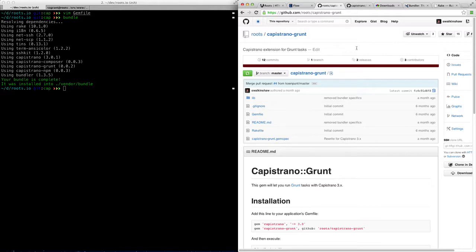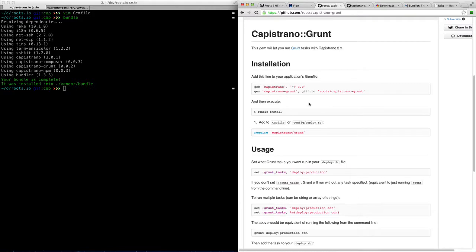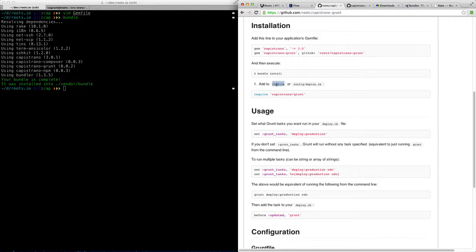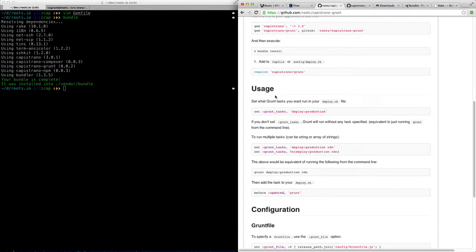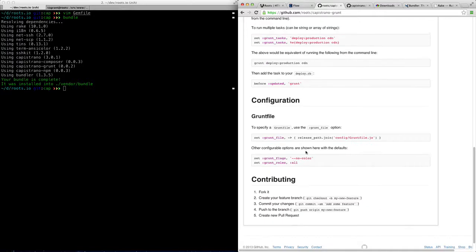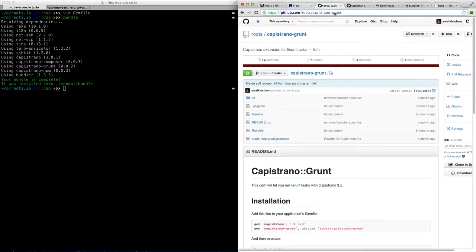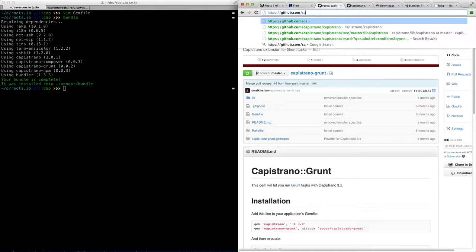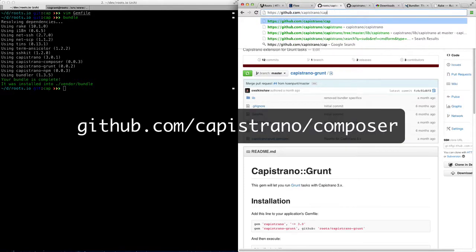Most Capistrano extensions have a README which details how they're used. For example, in Capistrano Grunt, it tells you how to install it by what you need to add to your gem file. And it also tells you how you add it to your cap file. And under usage, they usually involve setting some optional variables since there's usually defaults. And then they actually tell you the task if you want to run it on your own or where you can hook into it. So let's check out the official Capistrano Composer one and find out how to use that,